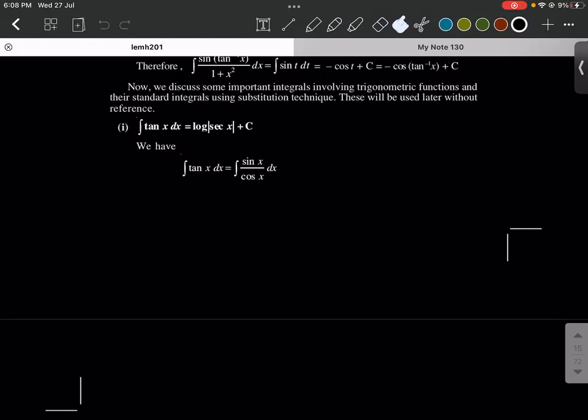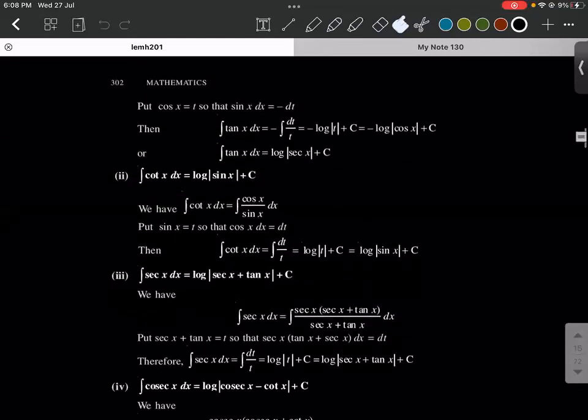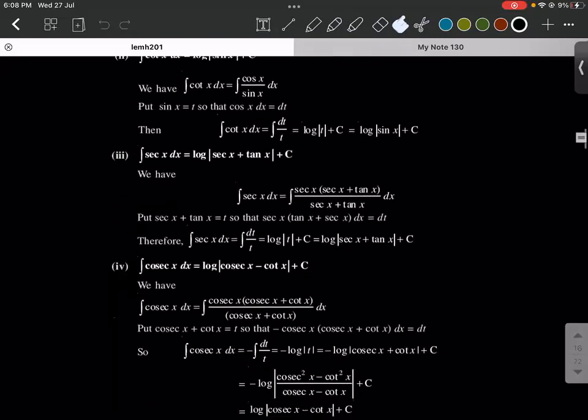So integral of tan x will be log of secant x plus c. So integral of cot x is log of sin x plus c. This we derived yesterday, right? I hope there is no doubt in this. Okay. The next one is we'll find the integral of